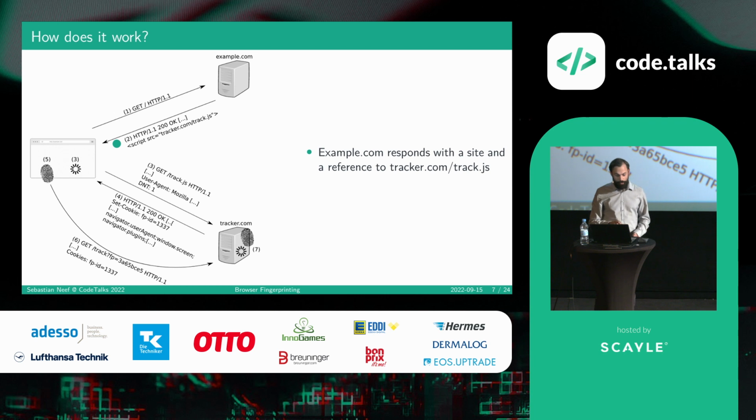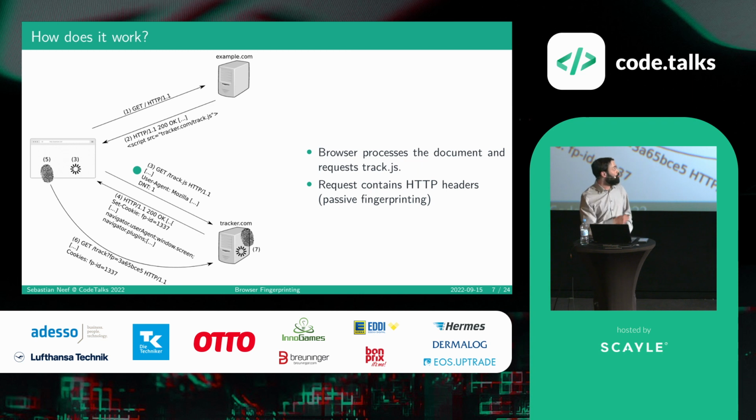Then we get a response with some document containing a script, which in this example is tracker.com track.js. This is processed in our browser, and the browser sends a request to tracker.com to fetch this track.js file. Now the browser already includes our user agent, even a do not track header, which is